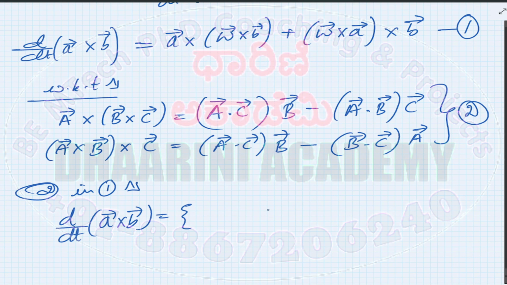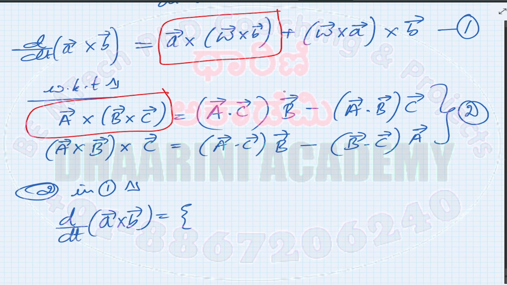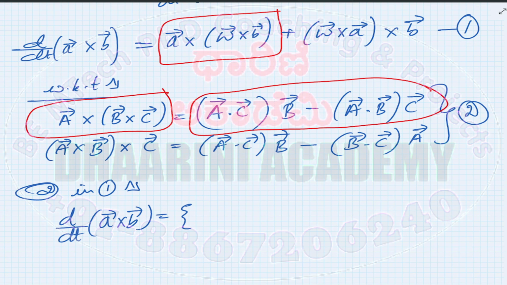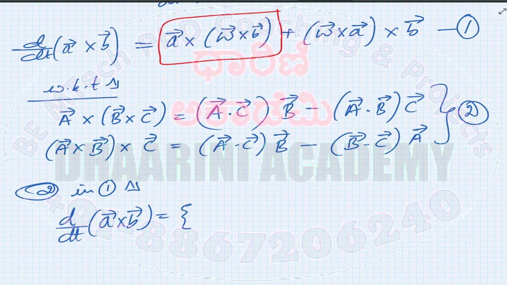This is A cross B cross C. That is, this looks like this for me. In a sense, I am going to write something similar to this side. Alright, so that is equal to,